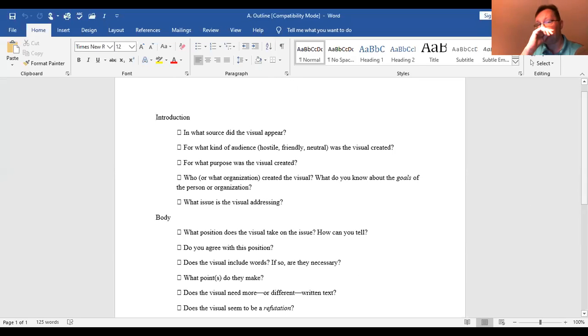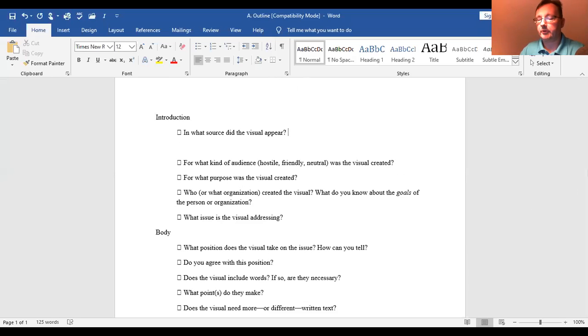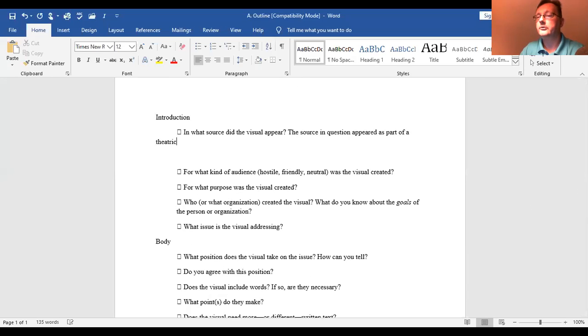All right, so here we are again, facing the same set of questions that we looked at for the print ad analysis. In what source does the visual appear? Well, you could answer this in a variety of different ways, but Mr. Fowler is going to say that the source in question appeared as part of a theatrical trailer or preview